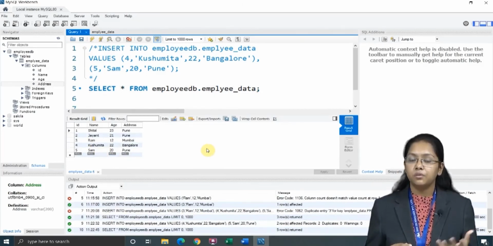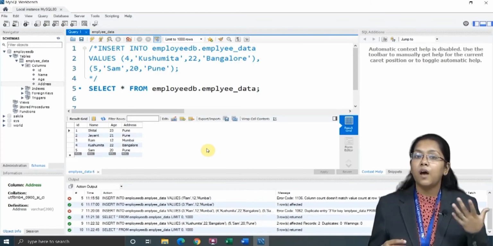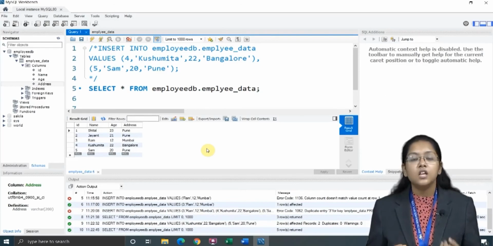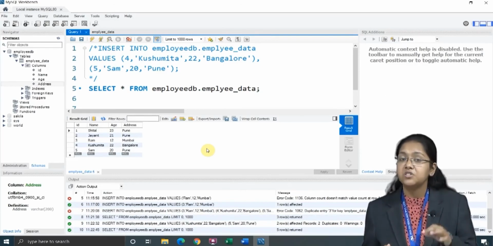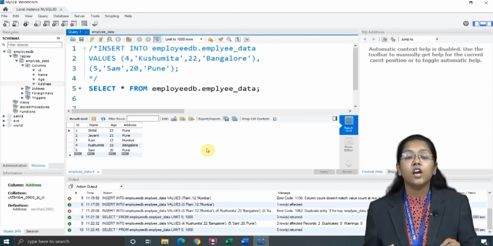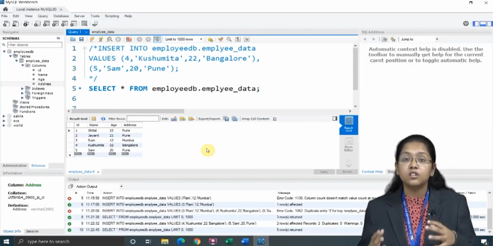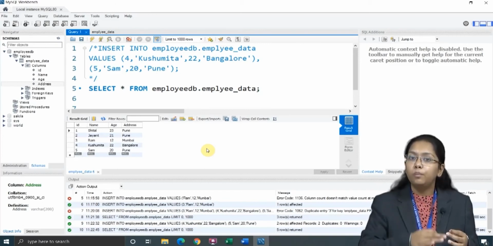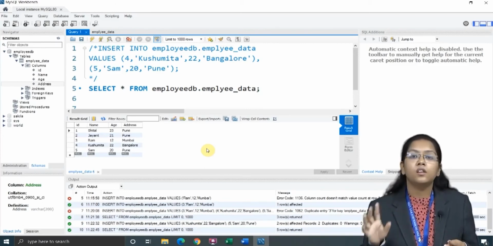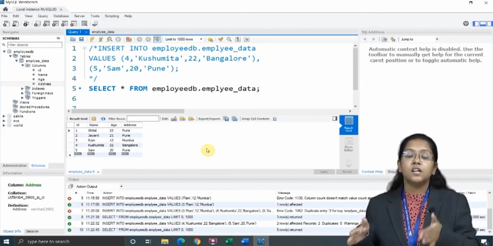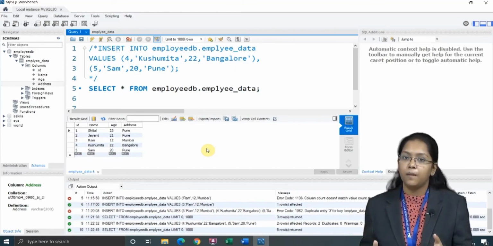See what is happening here. Previously I told you auto incremented means I don't need to manually give the ID, right? But in this syntax I have to manually give it. Still it has an advantage: because it is auto incremented and it is a primary key, it cannot be duplicated. It should be unique. Therefore, if at all you manually give a duplicate value, it won't run the query, it will give an error. This is the advantage this particular syntax has.